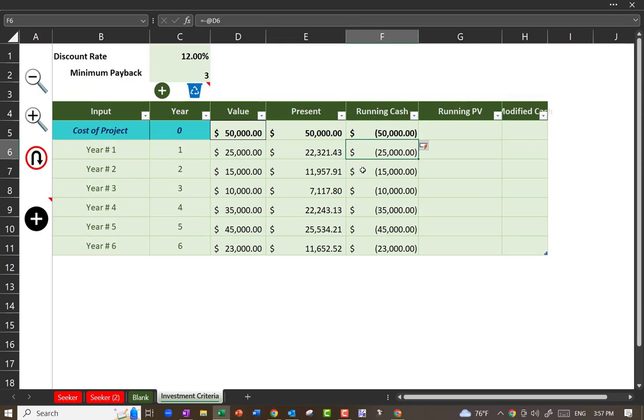I know there's a way to do formulas separately. Let me try to figure that out. I think